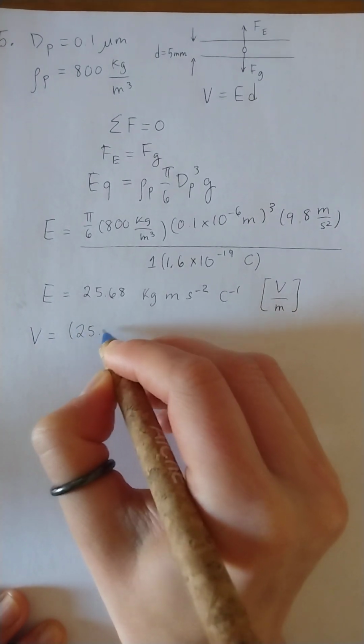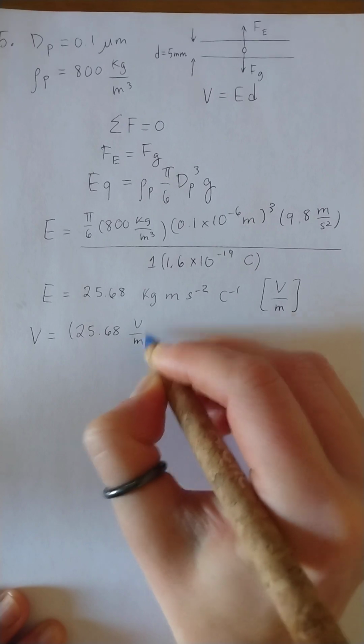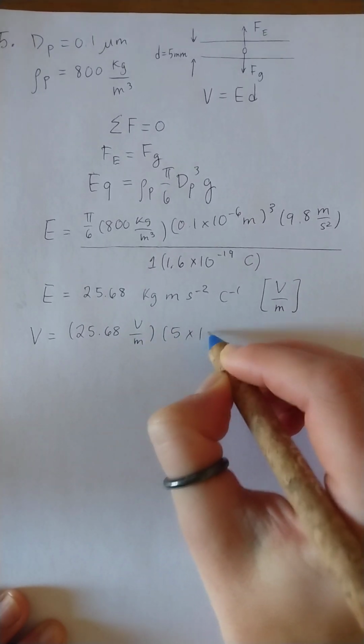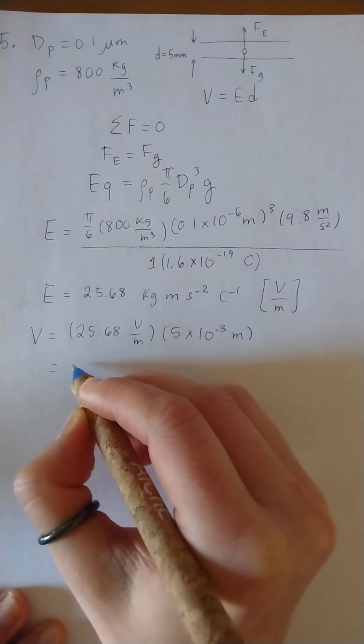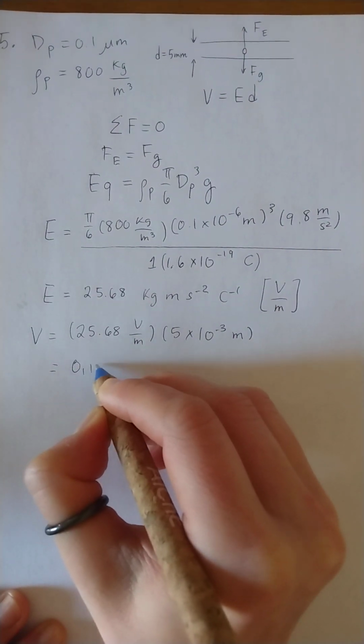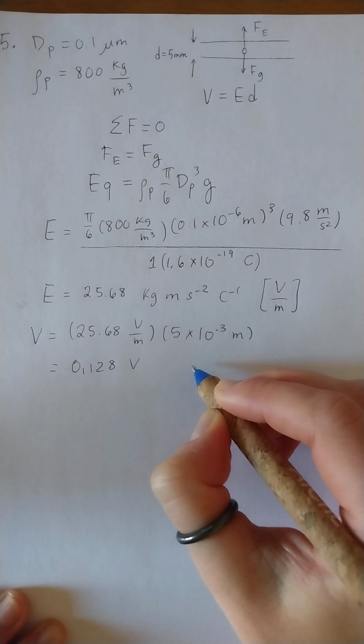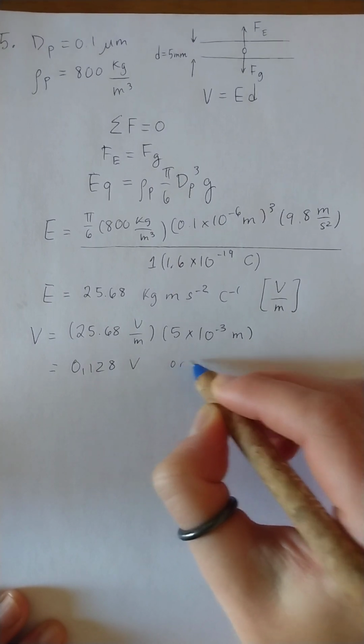So take our E field strength and multiply it by the fact that our plates are separated by 5 millimeters distance, and then we get a voltage, which is 0.128 volts, or 120